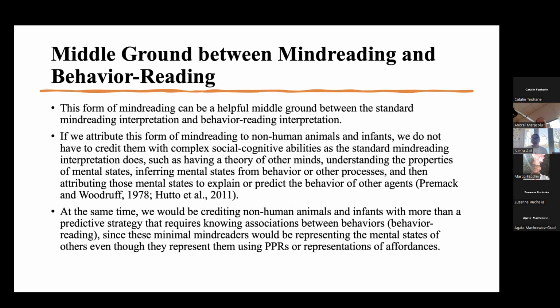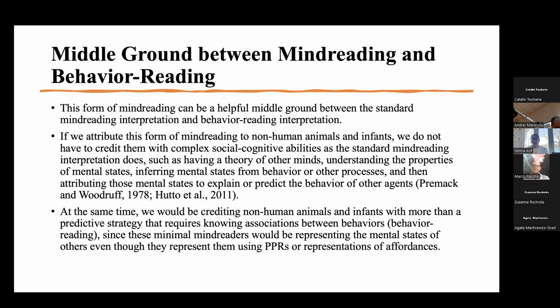All we're doing is saying that they have this practical knowledge of mental states that is limited to knowing how to recognize them, see the same thing in the world again, and deal with them. So it's this capacity to recognize mental states and respond to them. But I think at the same time, if we apply this form of mind reading to infants and non-human animals, we're crediting them with more than just a simple predictive strategy that requires knowing associations between